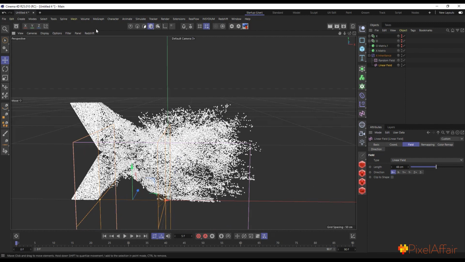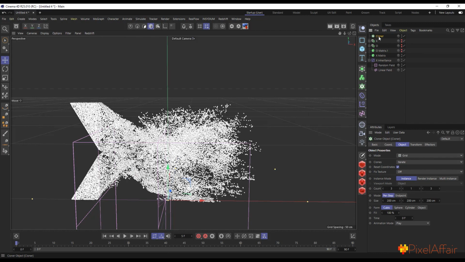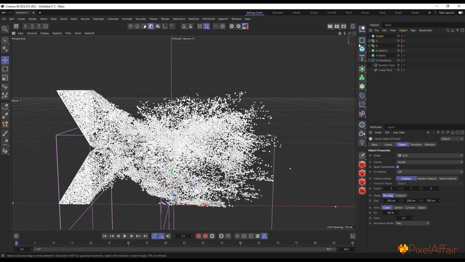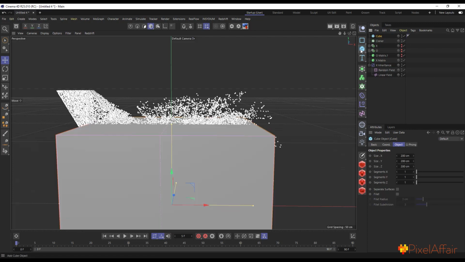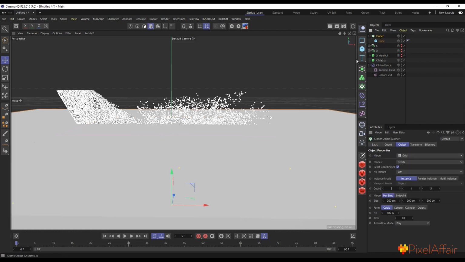So what I'll do is I'll come in here, MoGraph, and I'll create a clone, right? And mind you, the clone on its own can also be used to do this same thing, but because you want to get speed in the viewport, that's why I use the matrices. But we could directly use the clones to do that. So now that I've created my clones, I'll create a cube, and I'll make it a child of the clone,